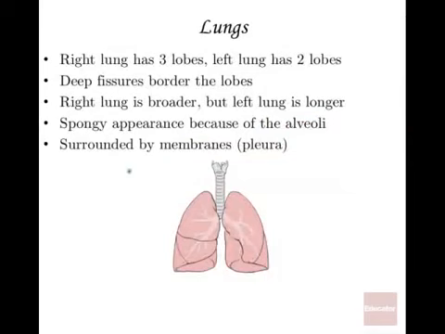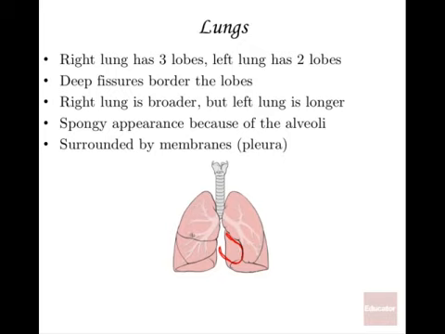The lungs as a whole, these spongy organs that have that respiratory tree inside of them: the right lung has 3 lobes. It's a bit bigger than the left lung, which has 2 lobes. And once again, this is an anterior or ventral shot. Here is this person's right lung. Here's this person's left lung. And you can see there's this little indent here where the heart should be. So that little nook right there is where the heart is nestled. So that is why the left lung is a little bit smaller, to accommodate the heart.